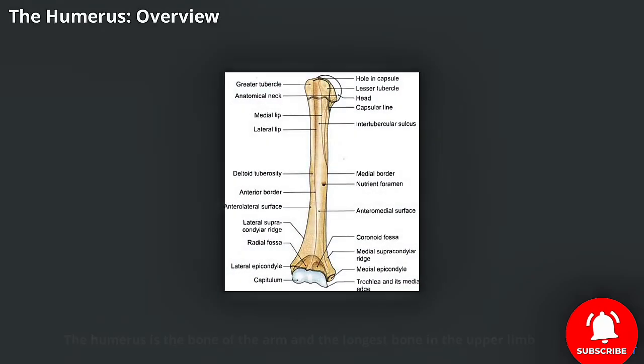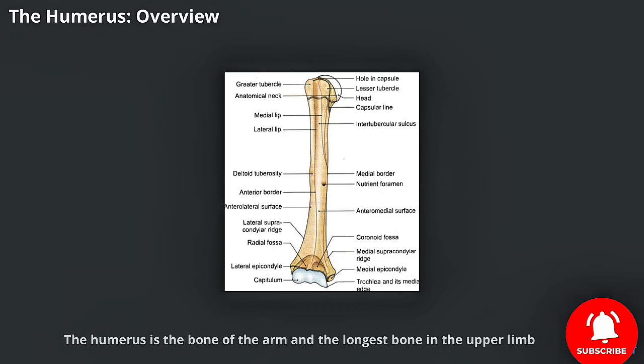Humerus is the bone of the arm and the longest bone in the upper limb. It consists of an upper end, a shaft, and a lower end. The upper end features the rounded head which articulates with the scapula to form the shoulder joint. The shaft is rounded in the upper half and triangular in the lower half, while the lower end forms the